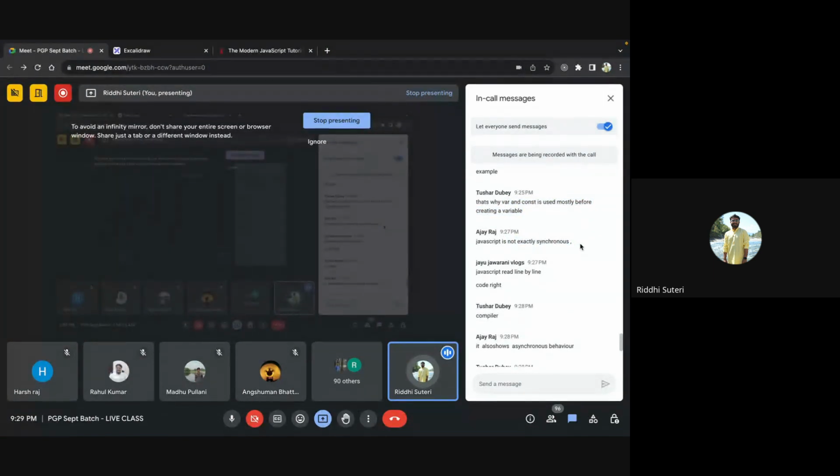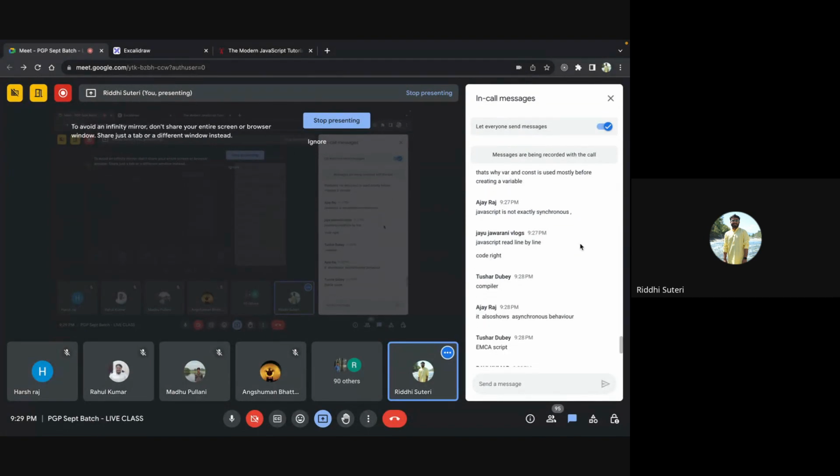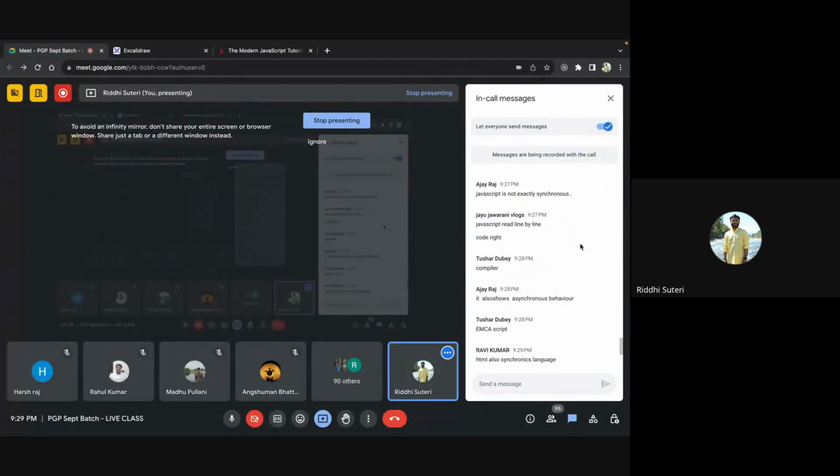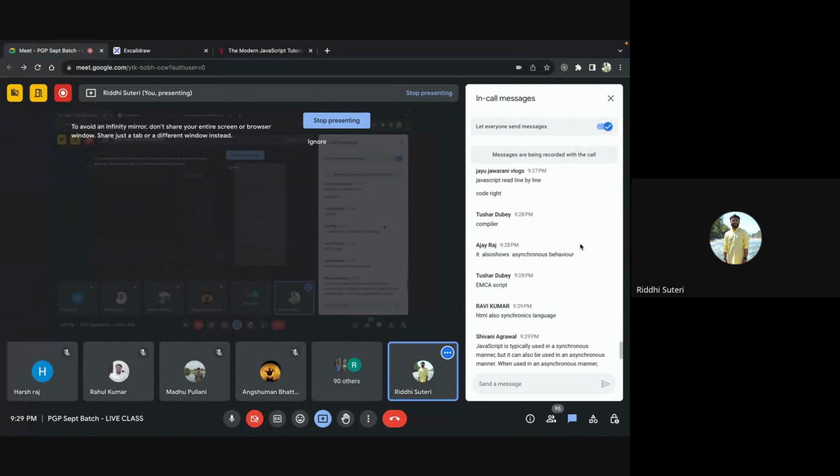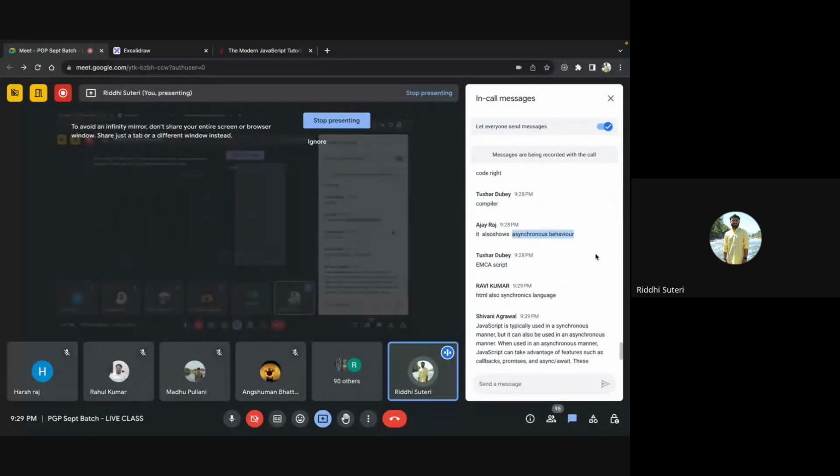See, I am telling you that the core nature of JavaScript is synchronous, but we do have situations where the asynchronous part of JavaScript has to be handled, and JavaScript handles that very smartly. I have already addressed that point, that it also shows an asynchronous behavior.